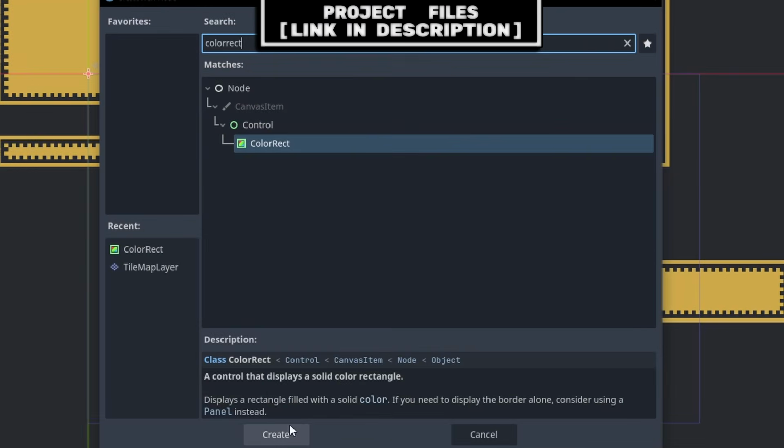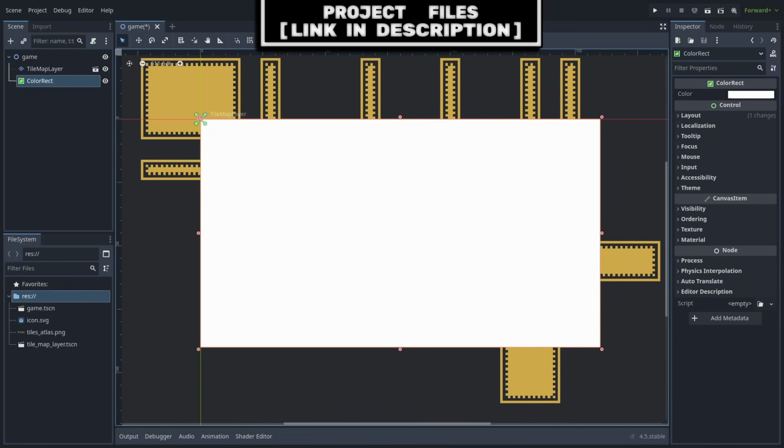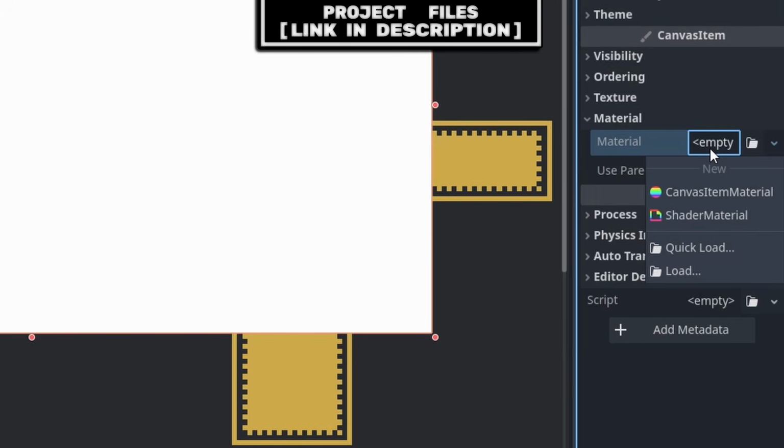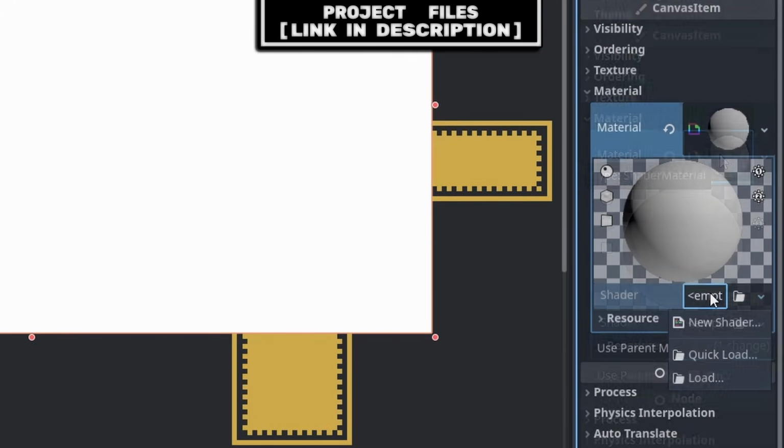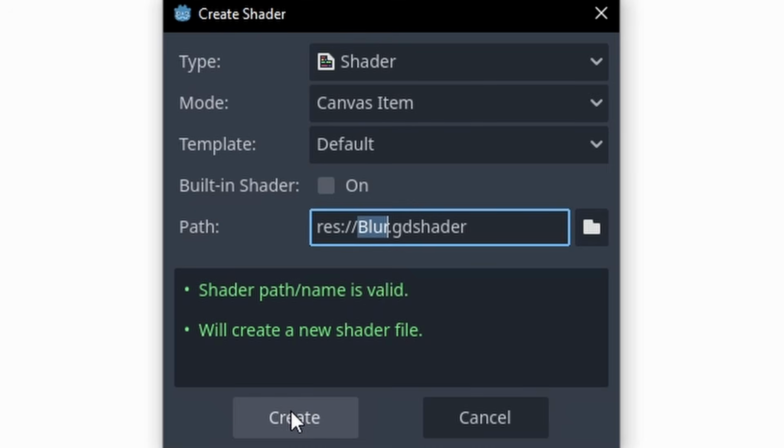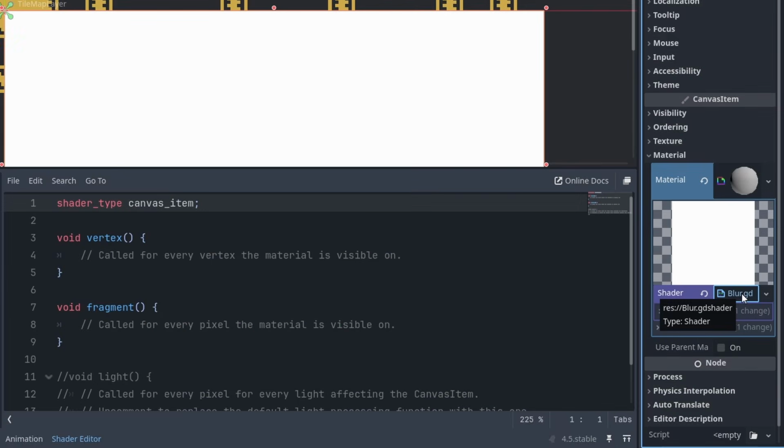For a blur shader, we will first add a color rect node to the scene. This is what we will use to overlay the blur effect. Then under material, select empty, select shader material, select it, then select empty again, and select new shader. I will name it blur, then press create, then select the shader on the right to open up the shader